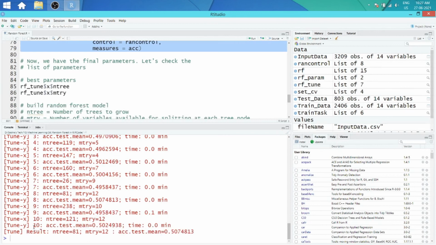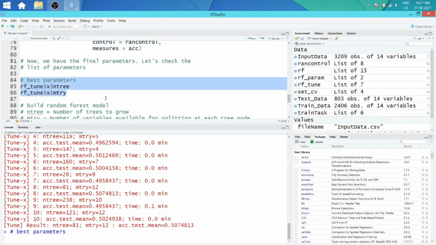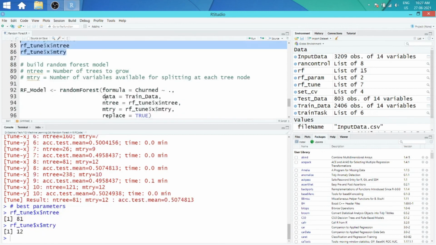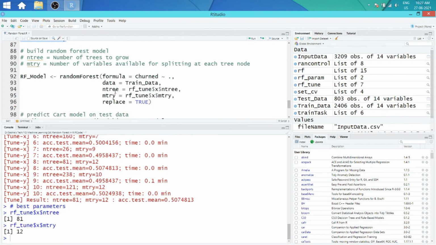Now you can observe the 10 iterations are complete. With that, the number of trees which we should grow is 81, and the mtry, that is the number of variables which we should consider during splitting, is 12. So you can see those are the best parameters. With this, I am passing the optimized parameters to the random forest model, and we are going to build the model.